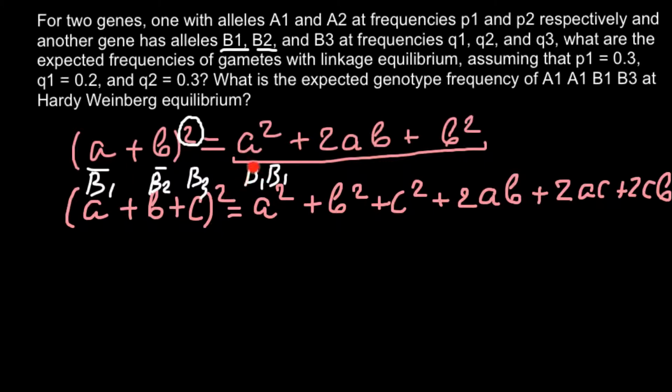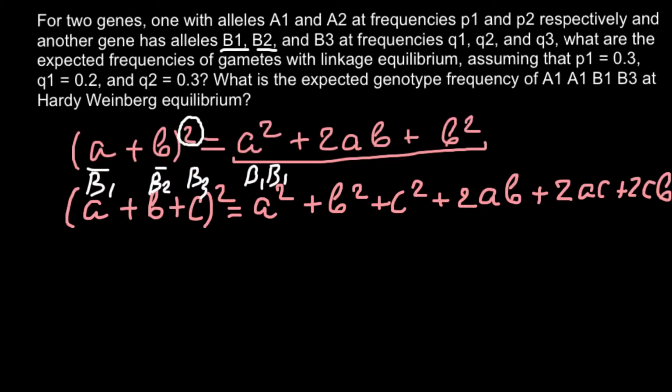So B1 multiplied by B1 would be A squared. I don't know if it is convenient for you to understand. We can use, instead of ABC, B1, B2 and B3, and in this case we would get B1 squared,